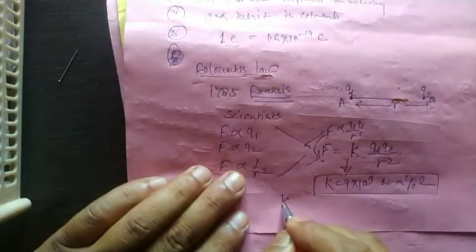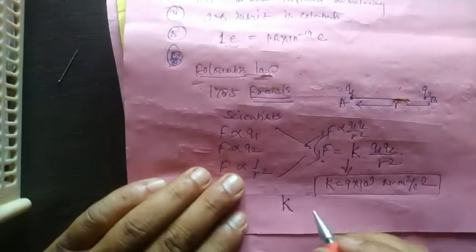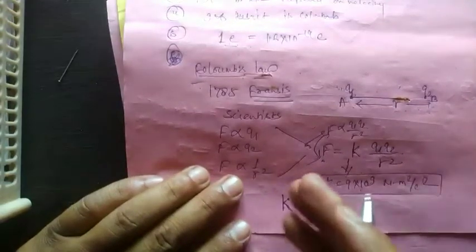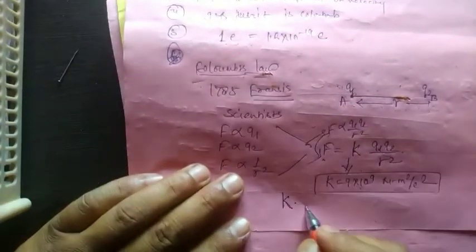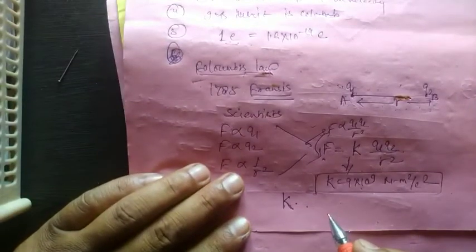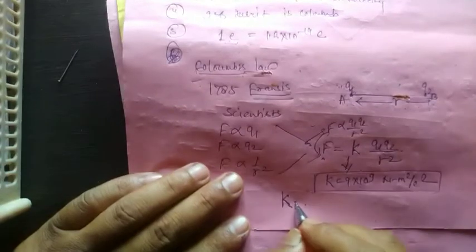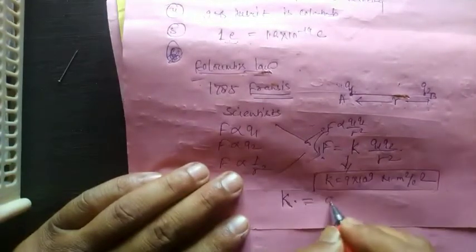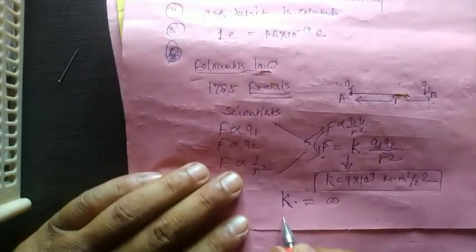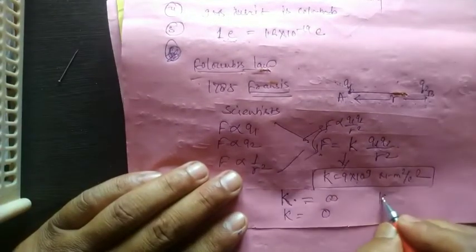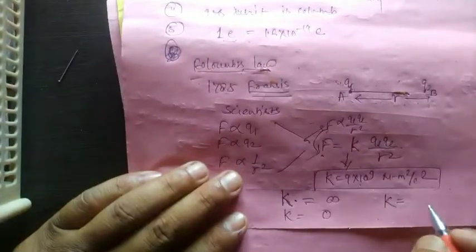In the next topic, K is known as the dielectric constant for dielectric substances. Its value for metals is K equals infinity, and for all other materials it is 0, and its value for air and vacuum